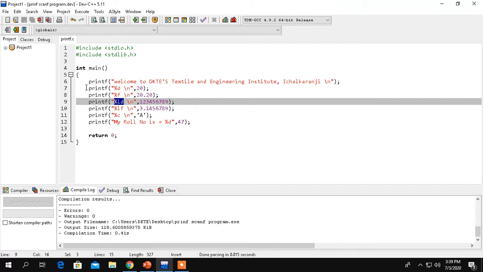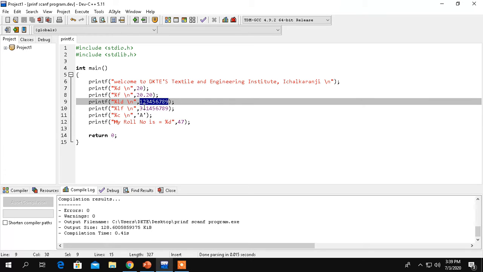So if you just look over the second line, in this case we are having only the %d sign. So in this case we are considering a limiting value for the integer. Now when we are going to consider a large integer value, in that case we have to consider %ld, so that we can have a large integer value like this.